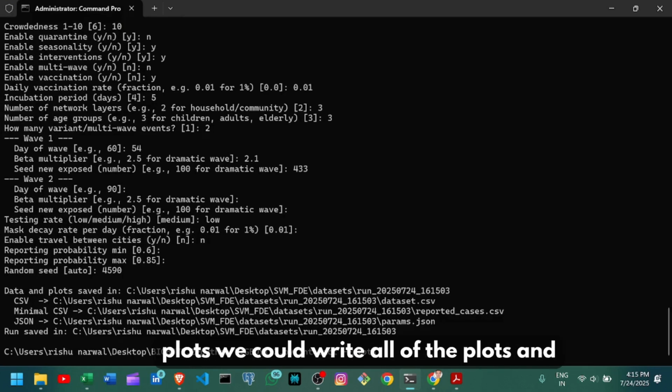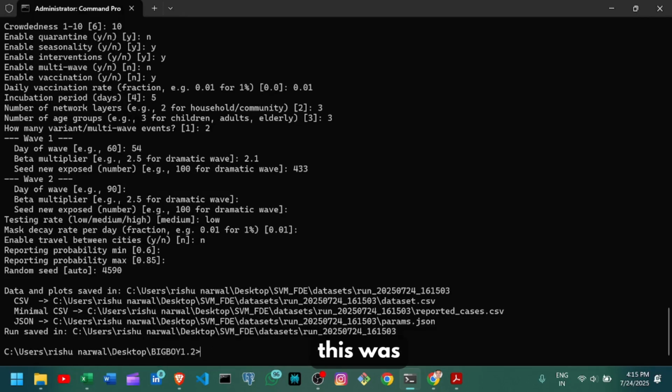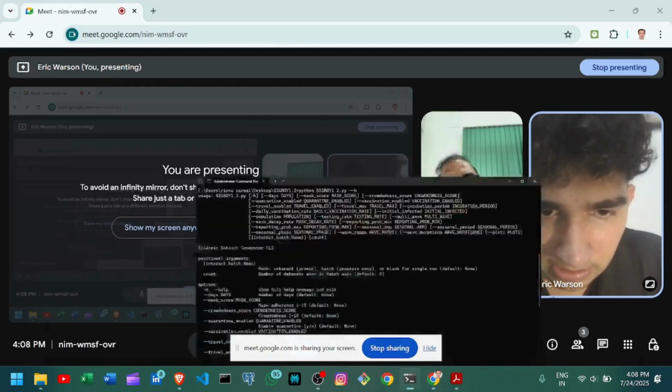We could generate plots by typing the same prompt. Then we have to write plots. We could write all of the plots, and SIR for just the main plots. So actually, this was the demo to use that. So sir, could you please tell